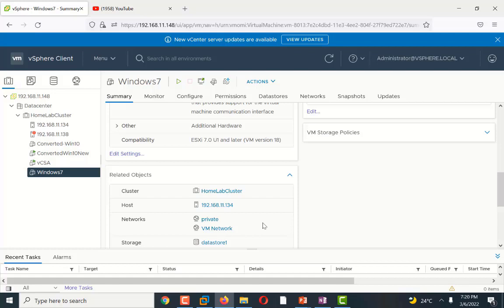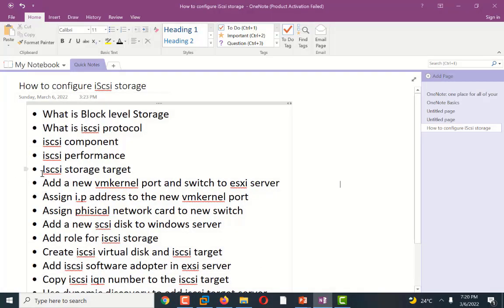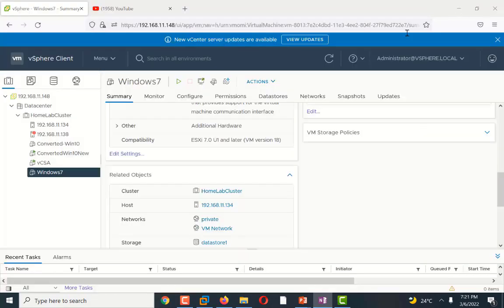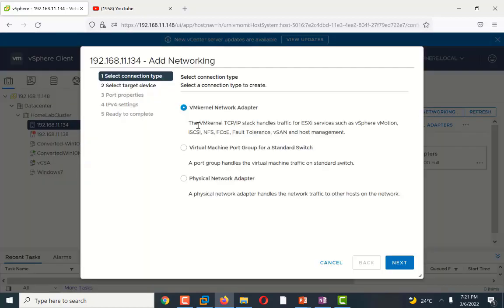So the first step is to create a new VM kernel port and switch on ESXi server 1. I will create it on both. I will select my host and go to configuration, and under networking we have the option of virtual switches. Here I will click on add networking, and here I will click on the VM kernel adapter. The VM kernel TCP/IP stack is for traffic of ESXi hosts such as vMotion, fault tolerance, and vSAN host management.